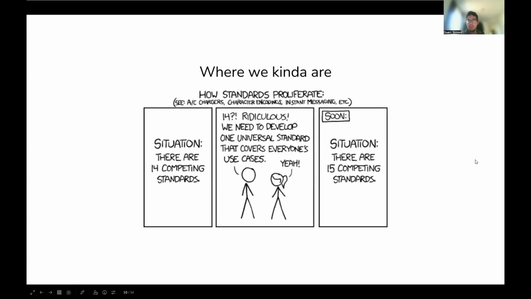And that brings me to this XKCD. I'm not sure if someone has already shown it, but this is the risk that if we're talking about a standard, it will just lead to there being more standards. This is something that we should be conscious about, to not reinvent the wheel just to reinvent the wheel, but try to go in a direction where people can get behind actually adopting it as well. Therefore, finding the minimum standards that everyone agrees on is sensible to do.